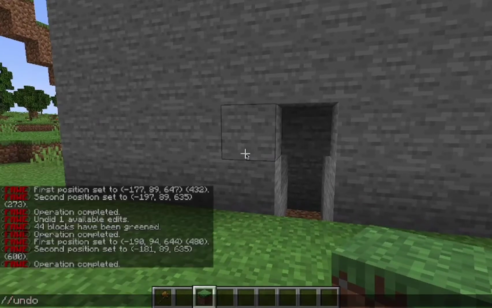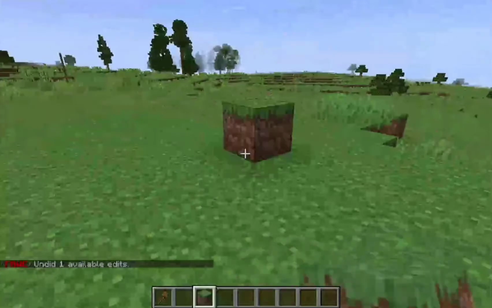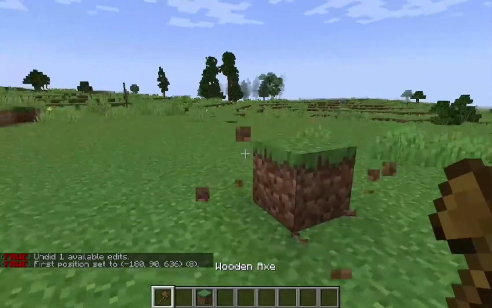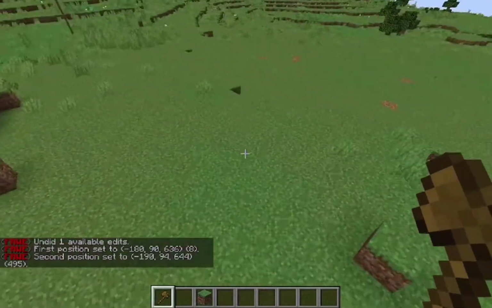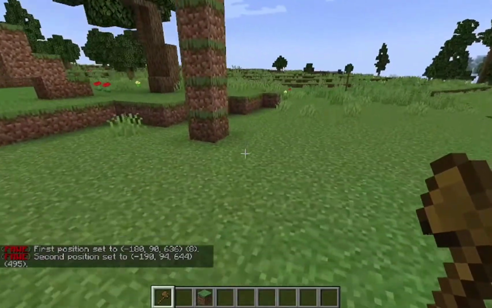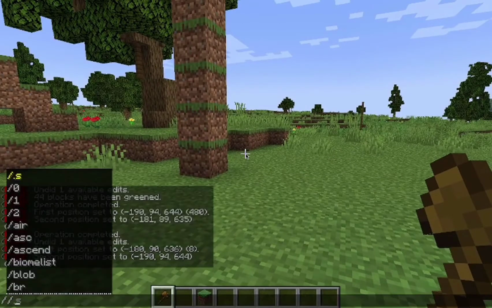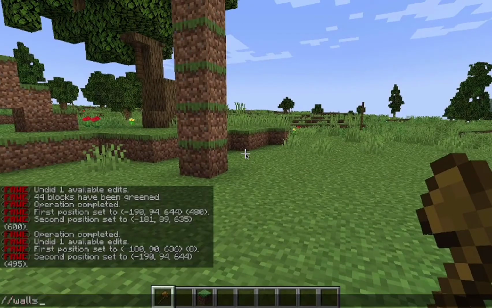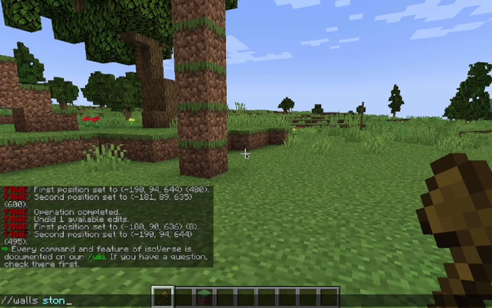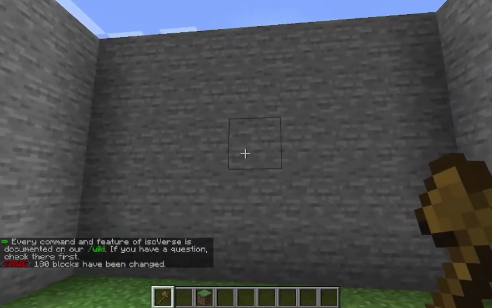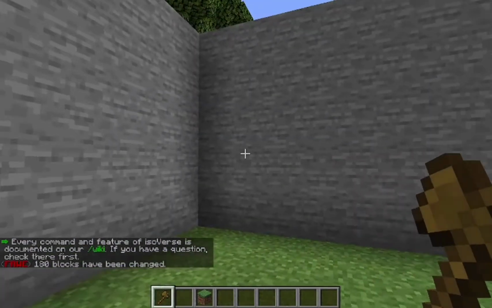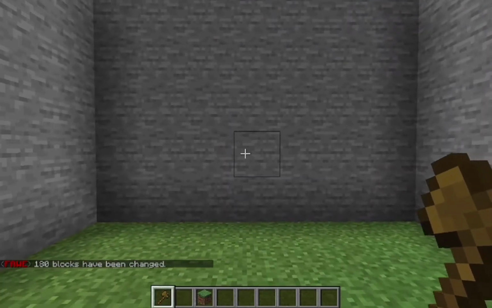So undo. This time I'm going to do it to this height. But instead of using set so that I get a solid block, I'm going to do walls, and I need to specify what my blocks are going to be, and because they're walls I'm going to choose stone. And you can see I've now surrounded it by 4 walls. Okay,